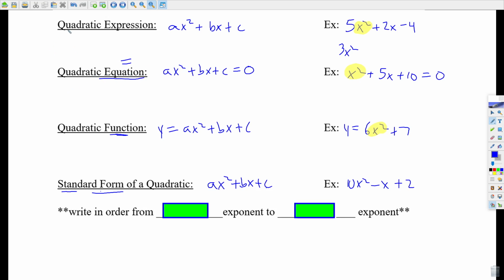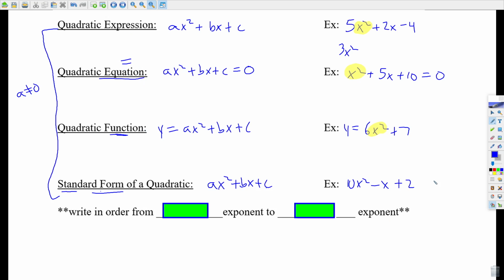And there's only one big thing that you need out of all of these expressions, equations, and functions. A, the number out in front of the x squared, cannot be equal to 0. Think about what would happen if it were to be 0. If you threw a 0 in front of the x squared, you would no longer have an x squared. Therefore, it's not a quadratic equation